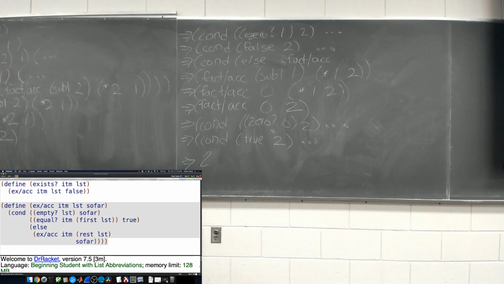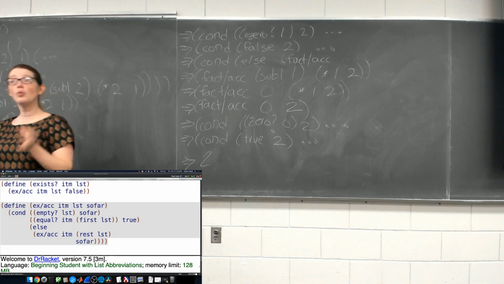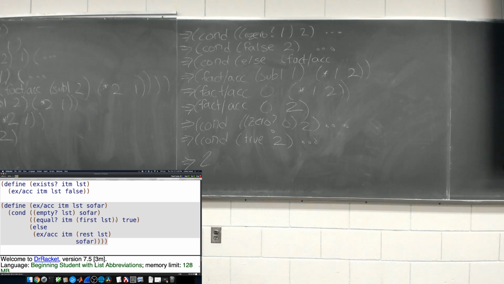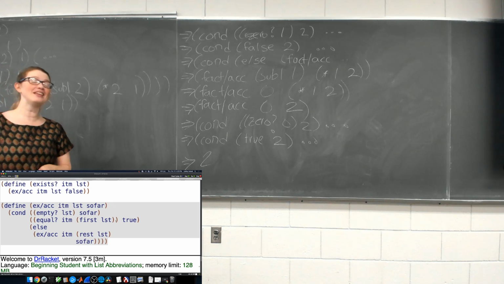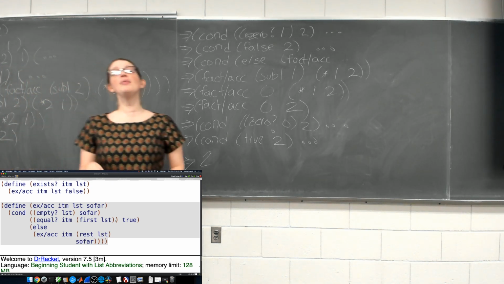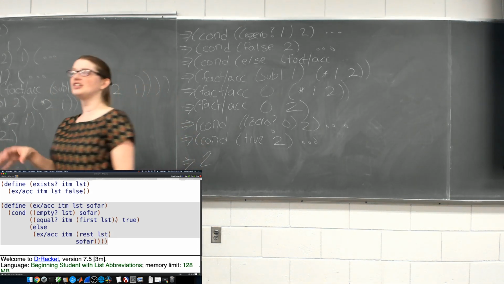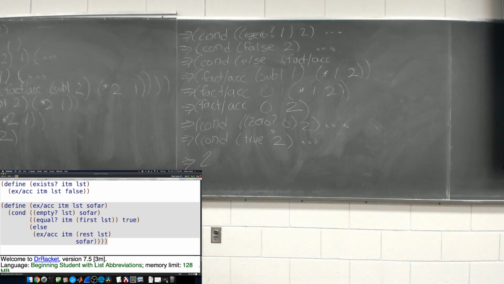Now, we could modify this function just a teeny tiny bit, and it would make a little more sense to use a cumulative. So instead of maybe checking whether something exists in the list, maybe we want to count the number of times it occurs in the list. And that makes a bit more sense for a cumulative recursion. So